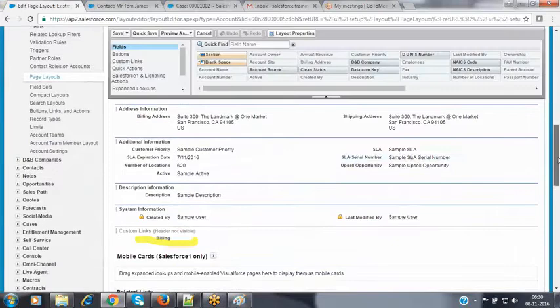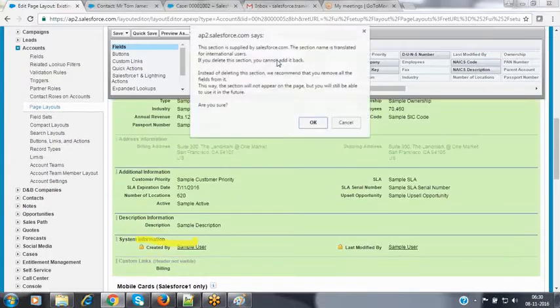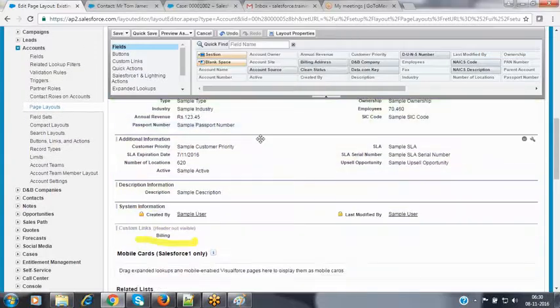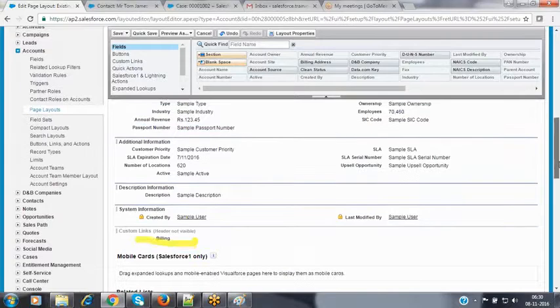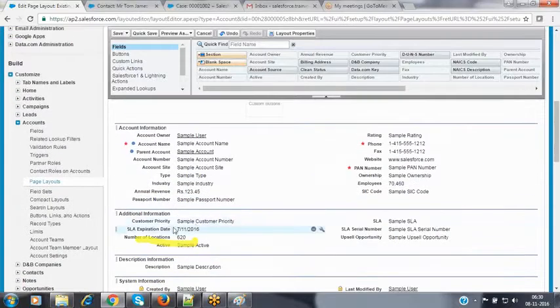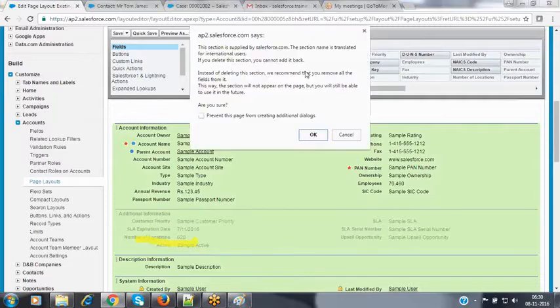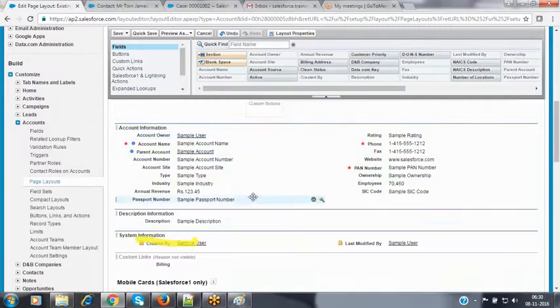He is already our existing customer, so I don't want to capture more details here. I don't want the address information. We already have the address information in our organization because he is our past customer. I don't want the address details, and I don't want the additional information.